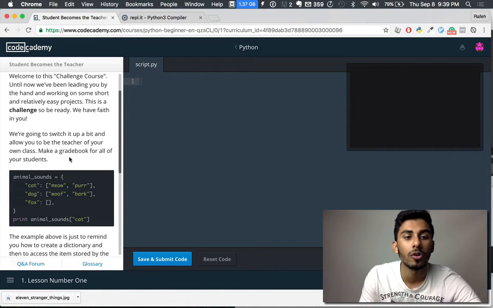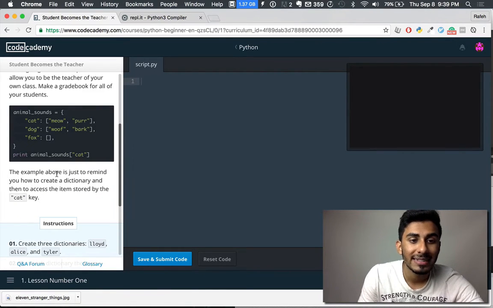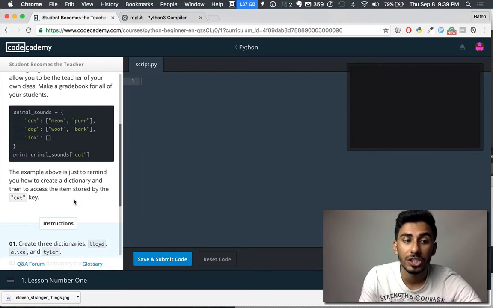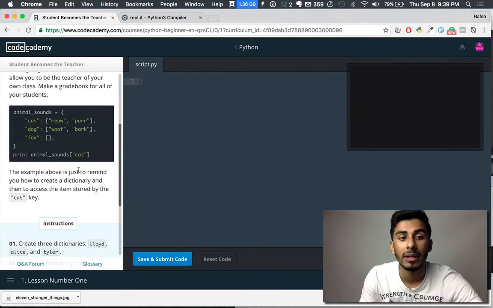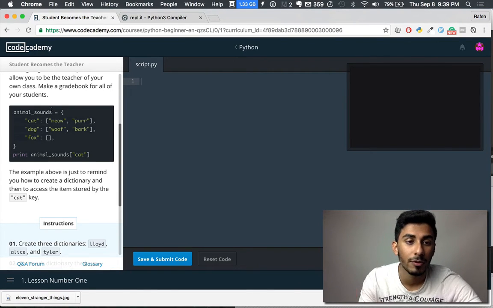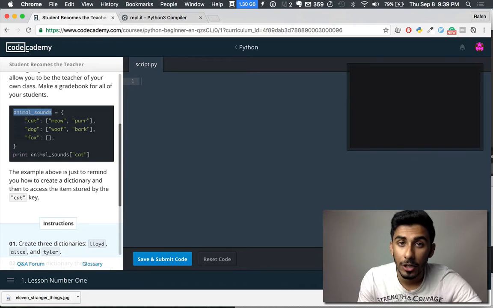Make a grade book for all your students. The example above is just to remind you how to create a dictionary and then to access the item stored by the cat key. So again, you guys are pros at this now because of how much practice we've done. Create a variable, animal sounds, and store a dictionary. Within the dictionary, we have